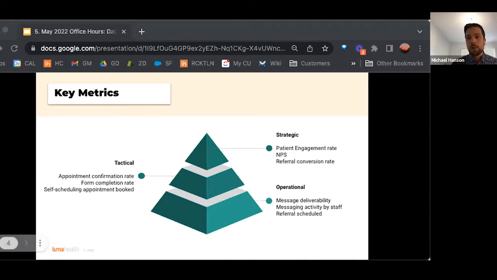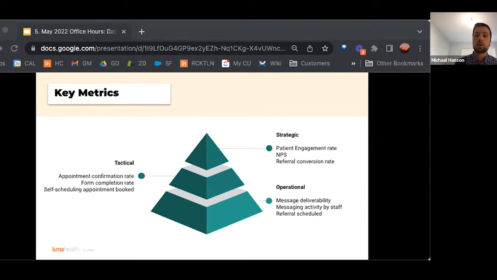If you have our self-scheduling product, you can start looking at how many appointments got booked through it. And if you really want to go a step up and look more strategically, this is where we'll talk about the ROI type of metrics, the metrics that help high level decision makers understand the value of Luma and how your